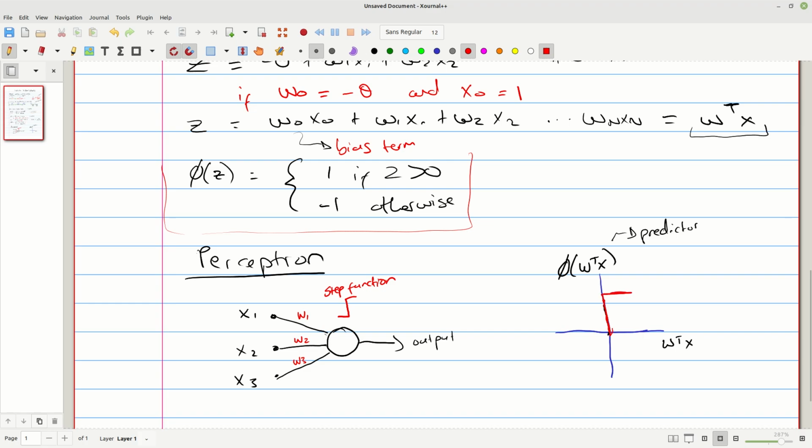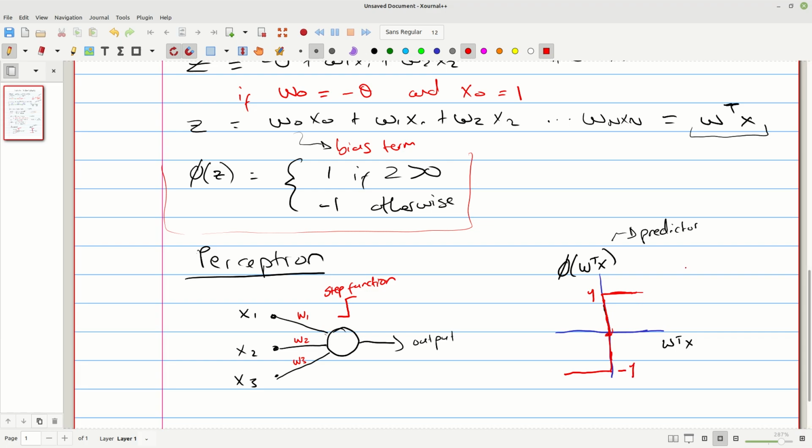We're saying if w transpose x here is greater than 0, then the class is 1. If it's less than 0, then the class is minus 1.